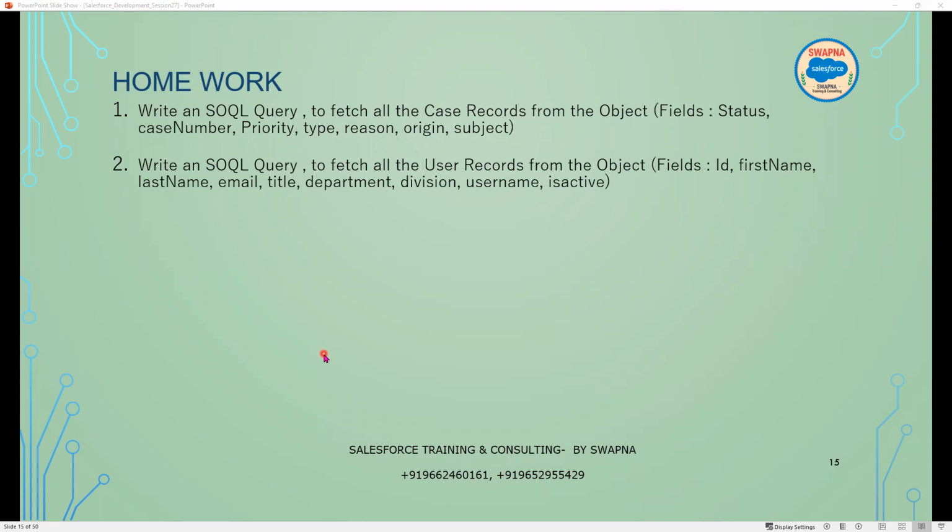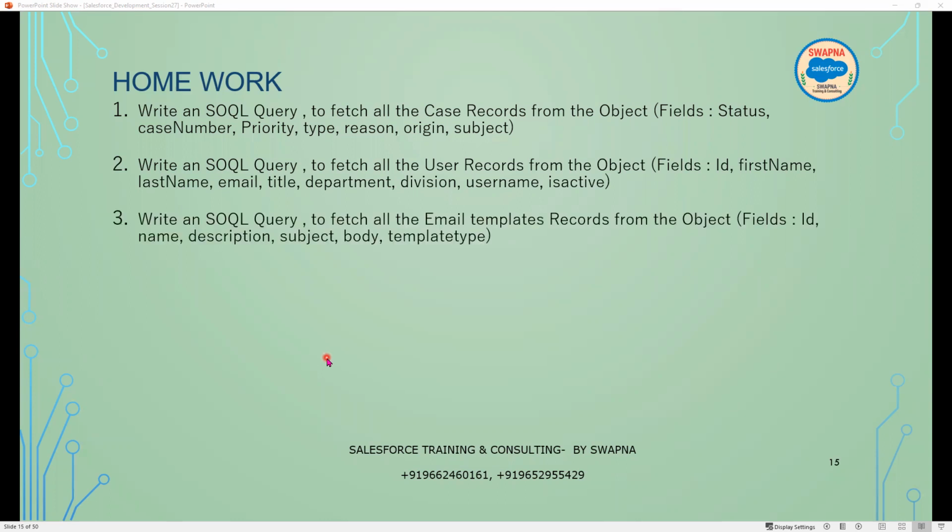User records are where you can see all the users' information, right? Fields are ID, first name, last name, email, title, department, division, username, is active. And write a SOQL query to fetch all the email template records from the object, like ID, name, description, subject,